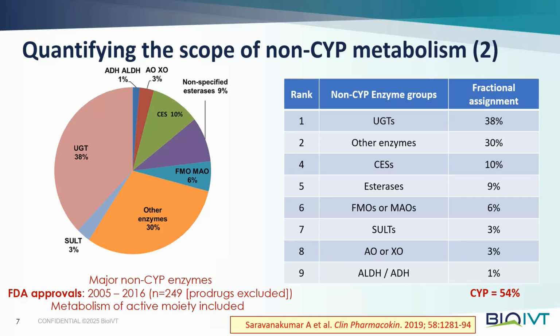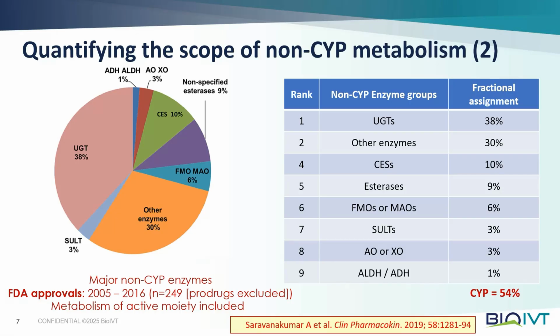Other enzymes would include categories such as oxidase and dealkylation, acetylation, pyrimidine catabolism, even dehydropeptidases and thymidine phosphatase, among others. And then carboxylesterases, about 10%, probably due mostly to prodrug strategies, along with other esterases, FMOs, MAOs, sulfotransferases, aldehyde oxidase, and then of course the alcohol and aldehyde dehydrogenases, just like in the last study. So this is one way of looking at it. If you look at some of the newer drugs, you will for the last 15 plus years,